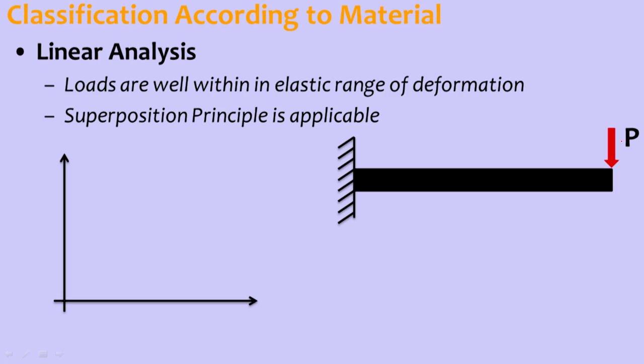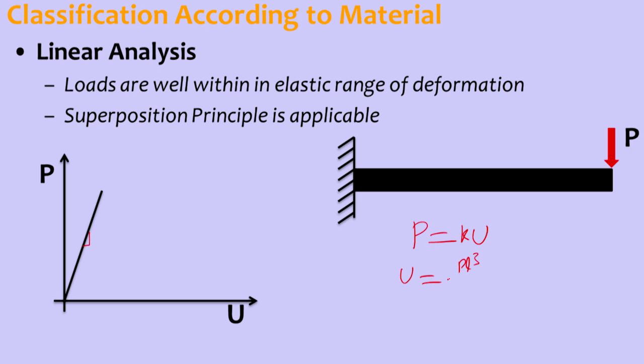Now, you can see this plot where displacement is on the x axis and load is on the y axis. This is linearly proportional. So, force and displacement are proportional with some constant term. That constant term, the slope of this line, is called the stiffness of the system. P is equal to Ku, or we can also derive from this that U is equal to